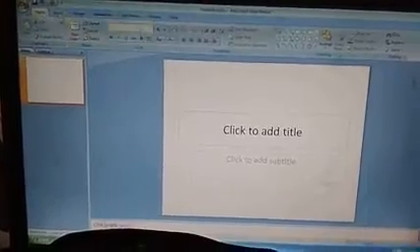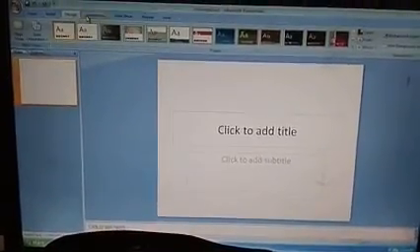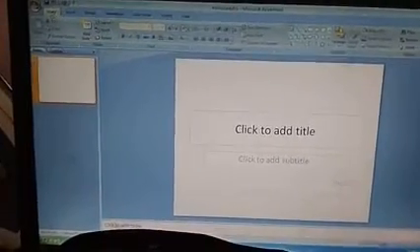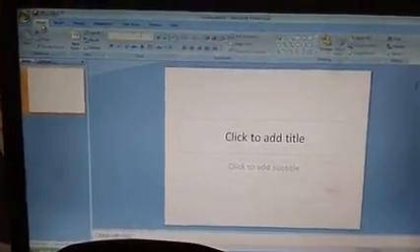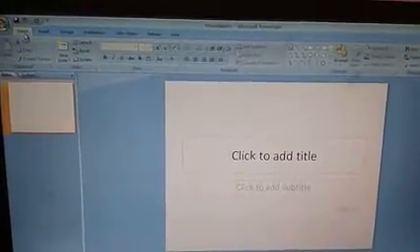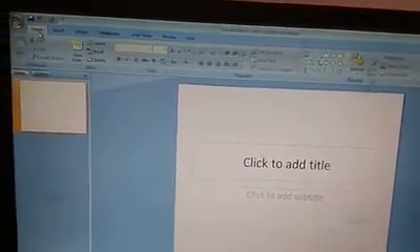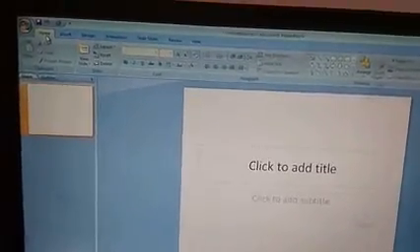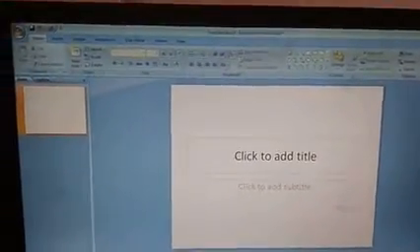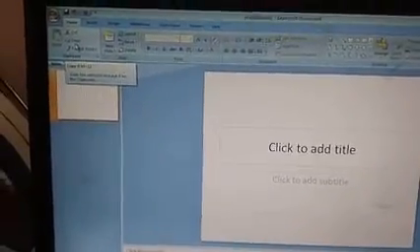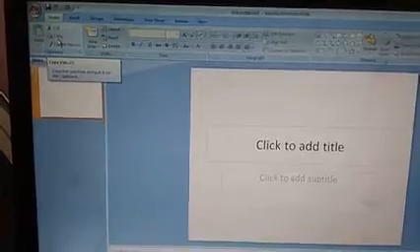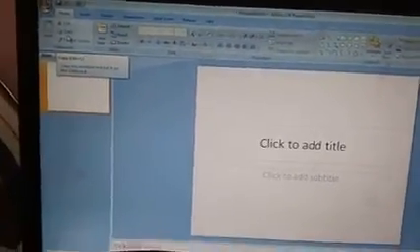Here you are getting different types of tabs, because it is the 2007 version. But at this location in your 2003 version you are going to have a menu bar, and the menu bar options will be File, Edit, View, Insert, Slide Show, Windows and Help. Below that you will have a standard toolbar, which will contain options like cut, copy, paste, new, print, save as, spelling and grammar.